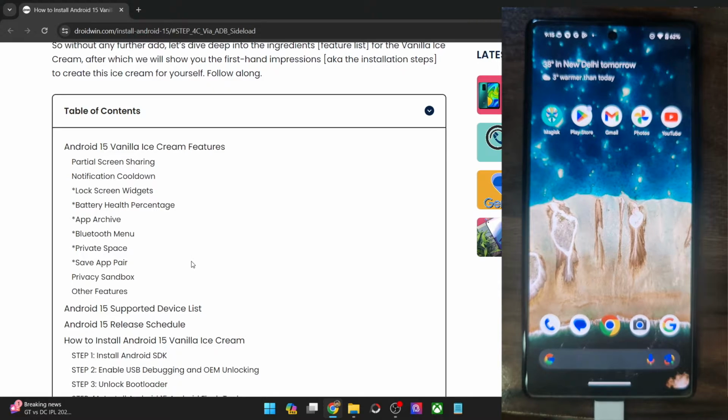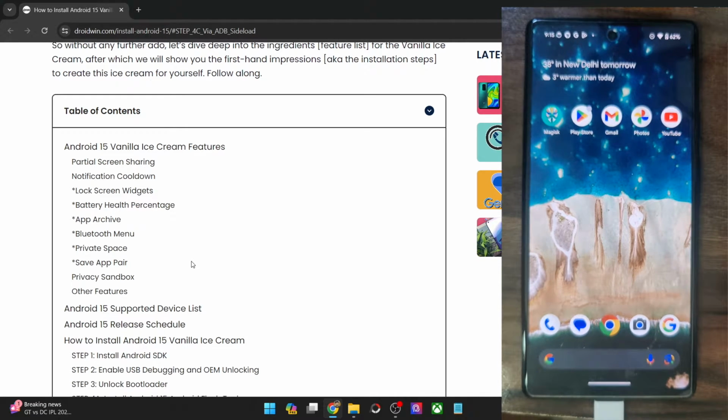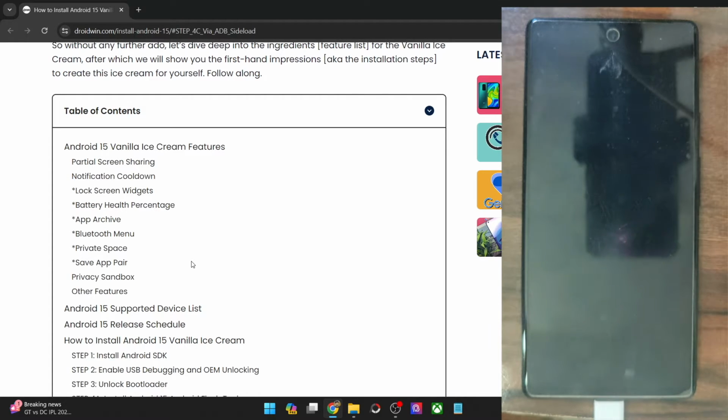So usually the sideload does not lead to any factory reset or data reset, but since we are doing a sideload of a beta build at the time of recording, I will highly advise you to take a backup, because as you might be aware, when it comes to sideloading Android 15, there have been quite a few issues. So just to be on the safer side, please take a backup of all the data on your phone,